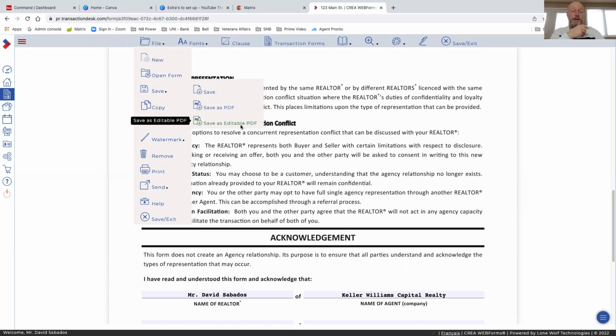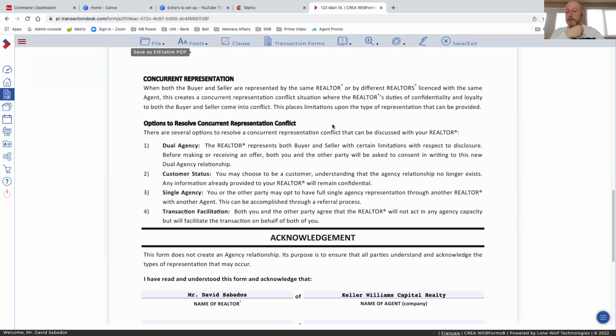So when you open it on your computer, any of the forms you can do this with, by the way, you don't need internet. So you fill it all out. You can still stay paperless, or you can print it out and bring it with you and have them fill it out by hand. It's just, nobody wants to see my handwriting, so I do it this way. But save it as an editable PDF, and then when you open it on your computer at your client's house,